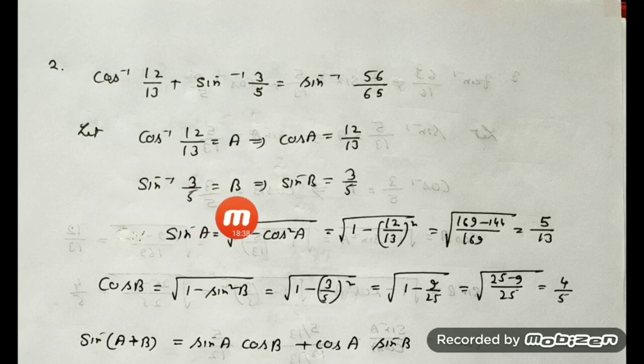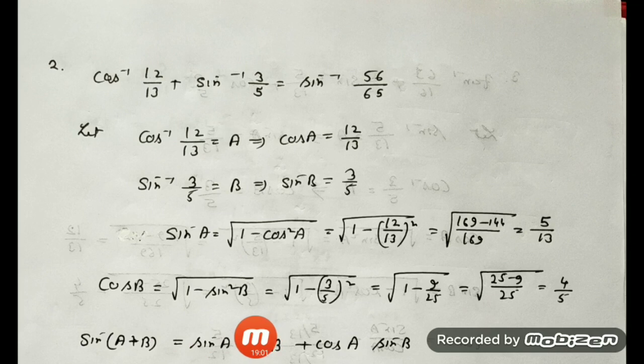That is equal to B. So sin B is equal to 3 by 5. Then we find out the value of sin A. That is 5 by 13. And cos B. You know the procedure now. That's why I'm just giving you the values we have got. But remember, this is a very important thing. Which formula you are going to use? This you have named as A, this as B. Since sin is required, so you have to use the formula of sin of A plus B.